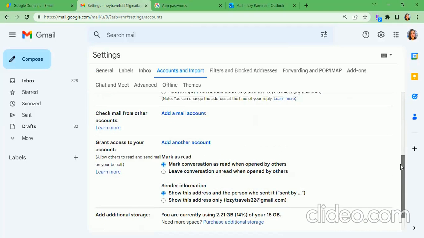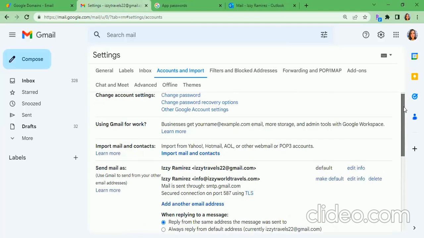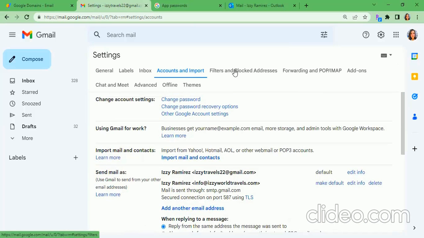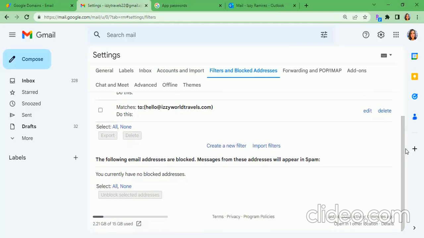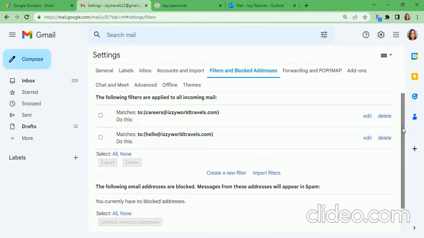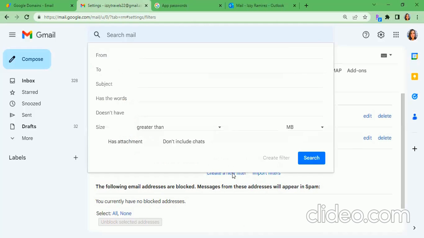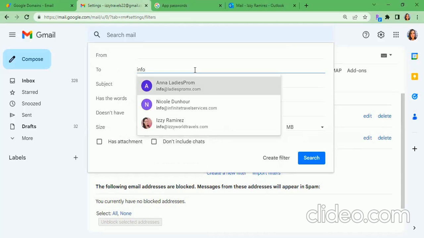And while we allow a little bit of time for the rest to get settled, another detail that I want to share is click here where it says filters and blocked addresses. All right. And you can create a label for that business email. So whenever someone sends an email to your business email, you're going to have it a little bit more organized, and you know that someone was replying to your business email and not to your regular Gmail. So go into create a new filter. I am going to put here my business email,